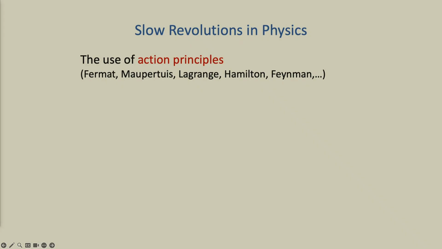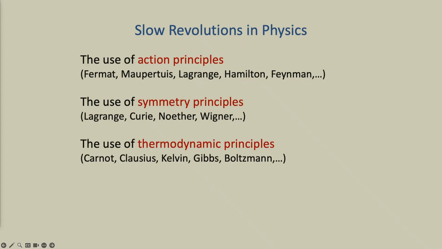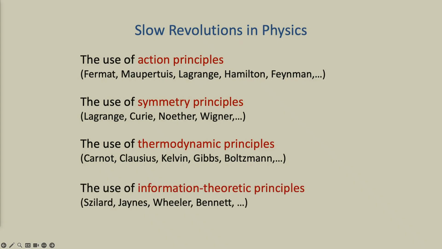A nice example is that Newton's theory got transformed when it was realized that you could characterize it in terms of least action principles by people like this. And it's not as if we overthrew Newton's theory by doing that, but that reconceptualization of Newton's theory is what paved the way for theories that came afterwards. They set the stage for innovating over Newton's theory. And the same is true of symmetry principles, applied by Lagrange, Curie, Wigner. Same thing with thermodynamic principles, and I think these days, information theoretic principles.